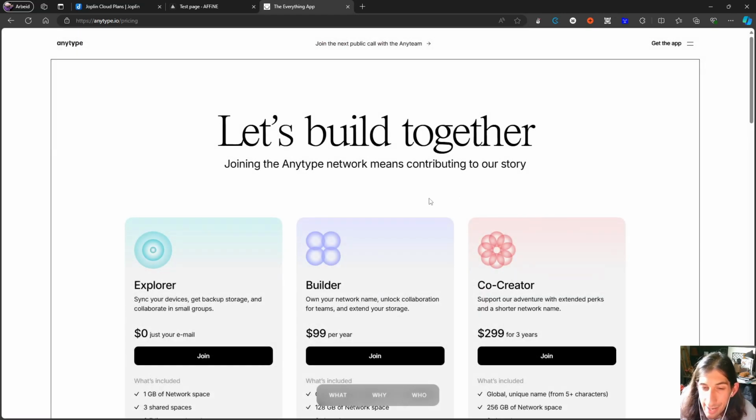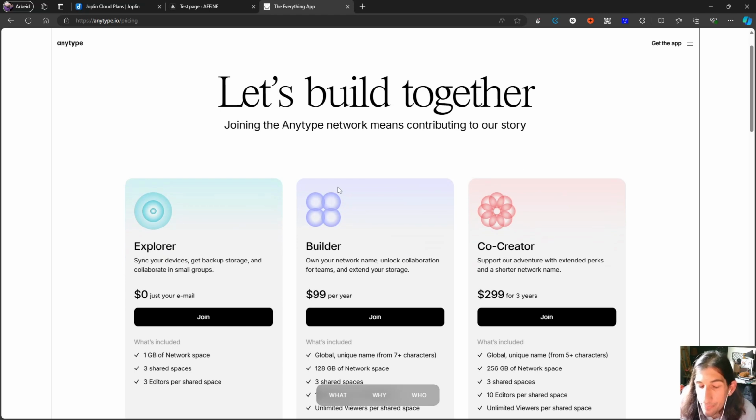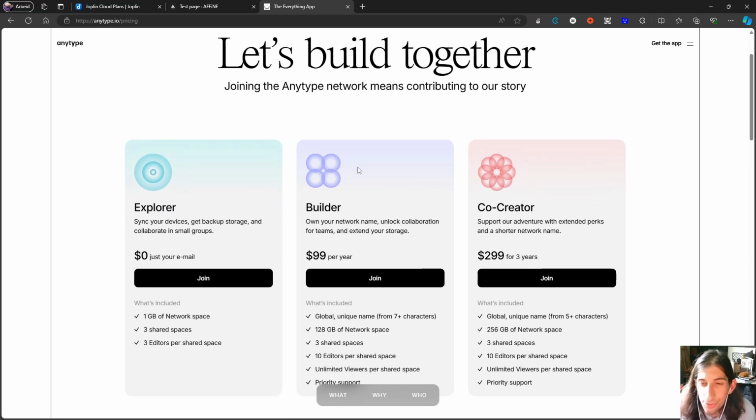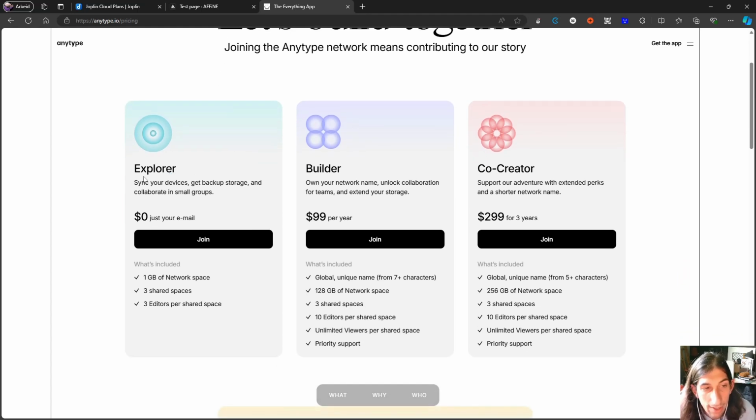Pricing wise, this application also has all of your files stored locally, and you also get a key here that you will have to remember in order for you to get into your workspace. But we have a couple of different plans. We have the Explorer plan, which gives you 1 gig of network space, 3 shared spaces, and 3 editors per shared space. But you also have the Builder plan, which gives you a global unique name